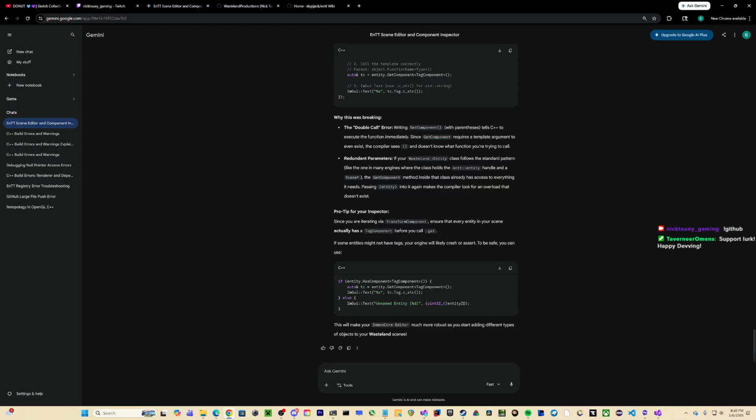Your engine will likely crash or assert. Just to be safe, use as component tag. Man. I have had it with this shit, man.